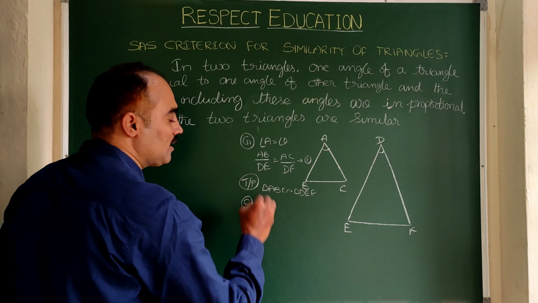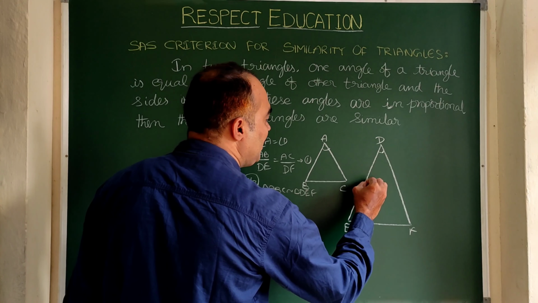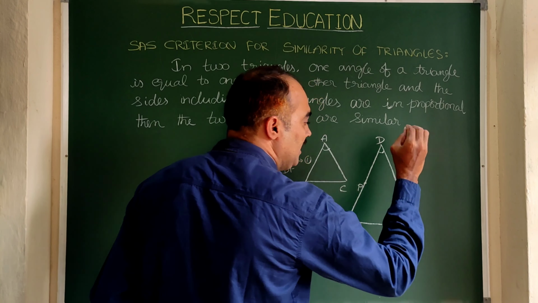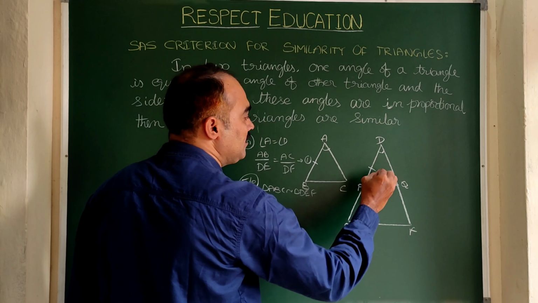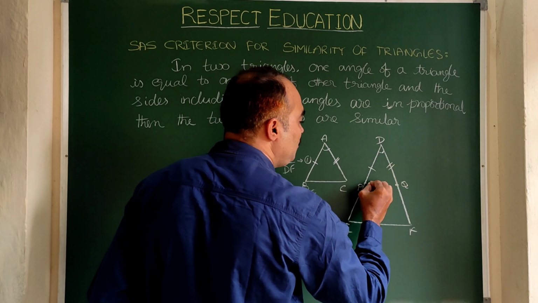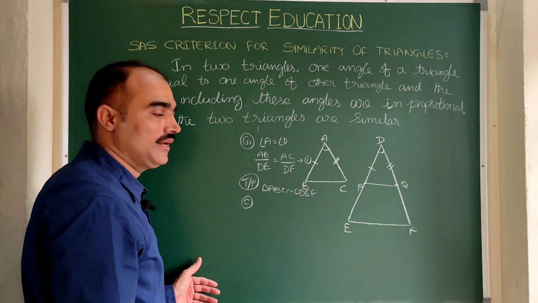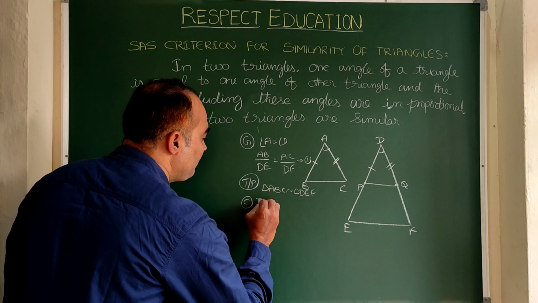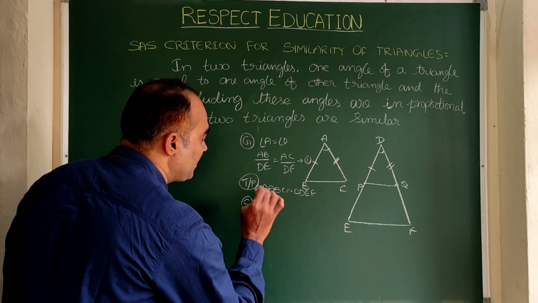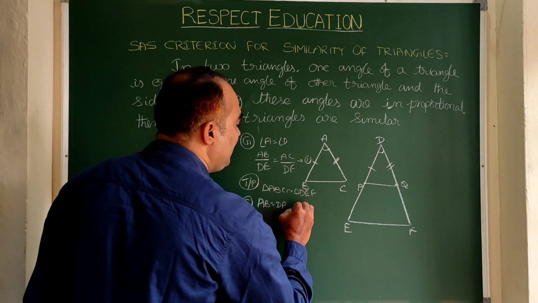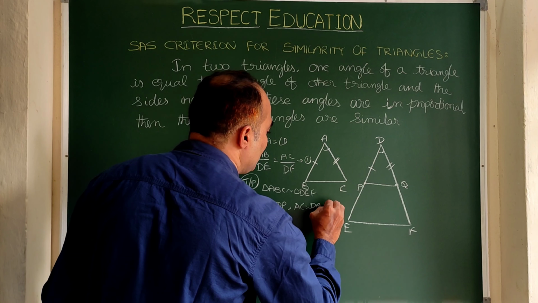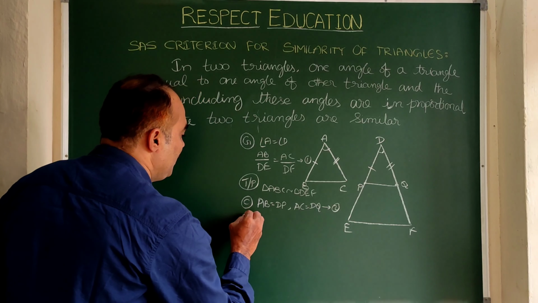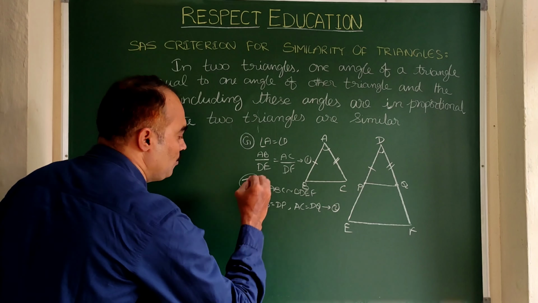Now for this we need to do a small construction where locate P on DE and locate Q on DF such that AB is equal to DP, AC is equal to DQ, then join PQ. Right? Now here this is our construction. AB is equal to DP and AC is equal to DQ. So let us take it as equation number 2. Join PQ. Now here we are going to enter the proof.